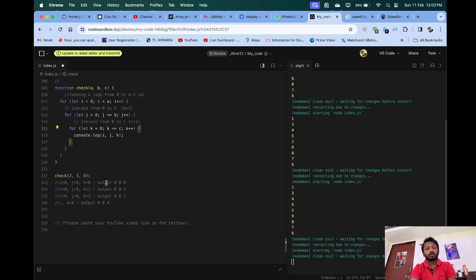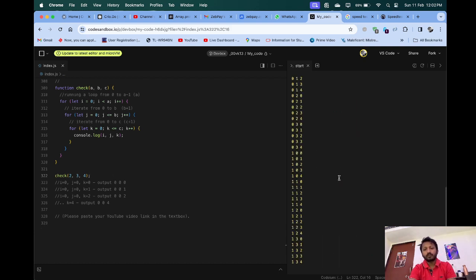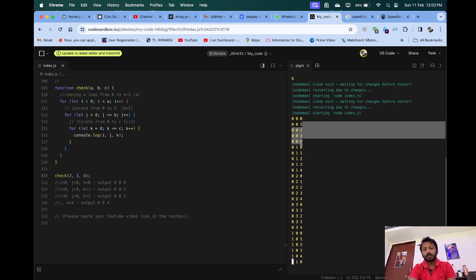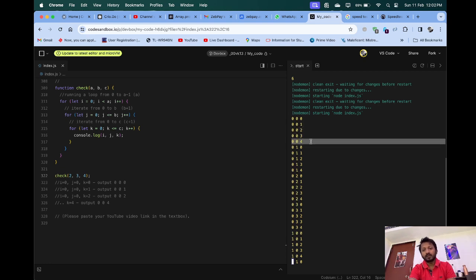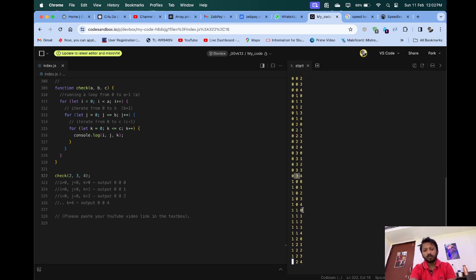Okay, so let's see what the output comes as. Right, so as we were expecting, first the k's last value is going to be 4, then we will iterate through. The b's last value should be 3, 1, 2 and 3, right? So this is the last value. Then the for loop executes for the next one,